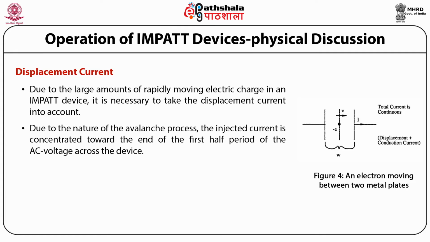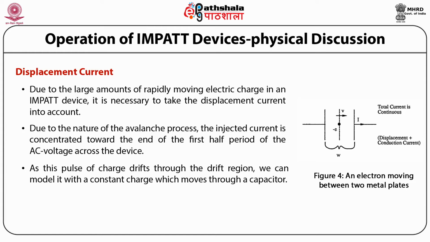Due to the nature of the avalanche process, the injected current is concentrated towards the end of the first half period of AC voltage across the device. The time dependence of the injected charge is therefore similar to a short pulse. As this pulse of charge drifts through the drift region, we can model it with a constant charge which is